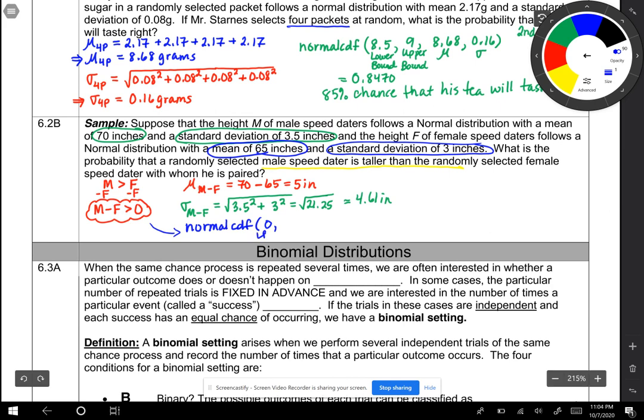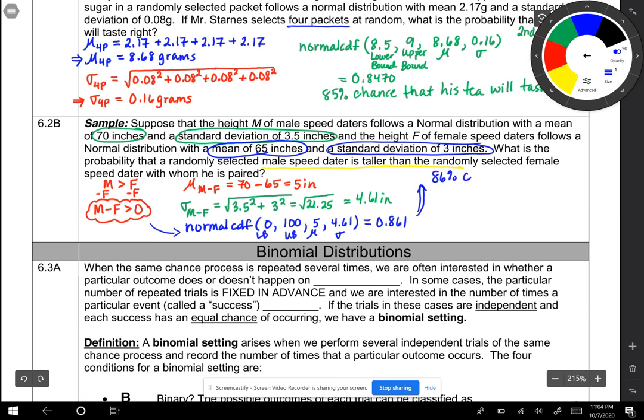So I'm going to run out of room, so I'm just going to put LB. Upper bound, let's say 100 or 1,000. Our mean is 5, and our standard deviation is 4.61. Always in that order, mean first and standard deviation. And that gives us a grand total of 0.861, which means